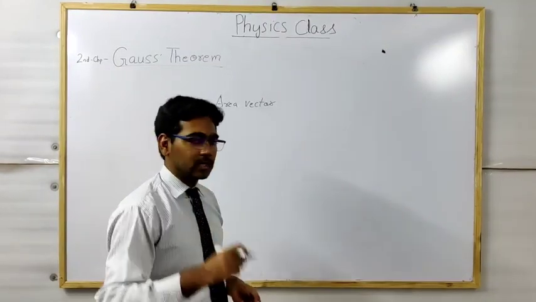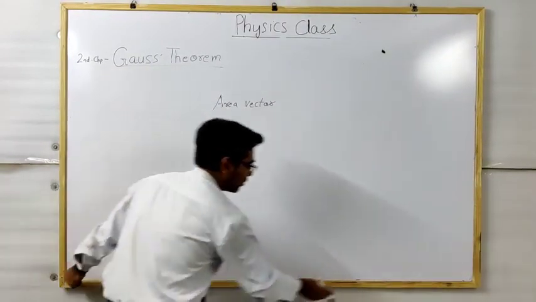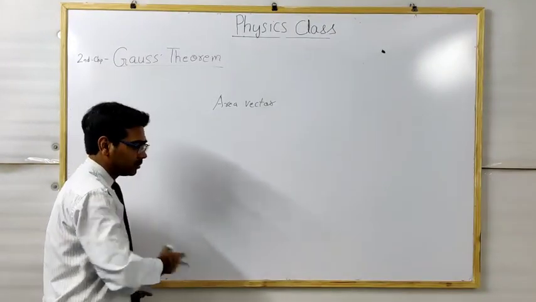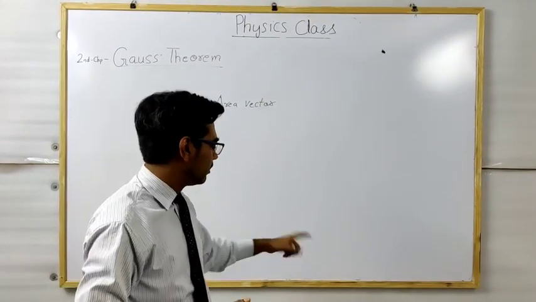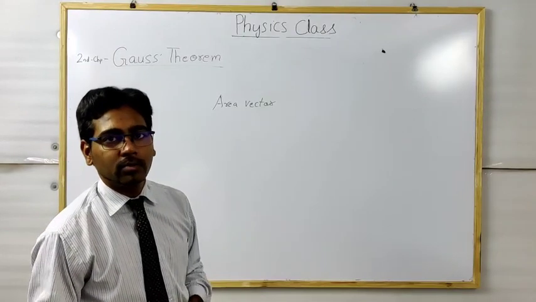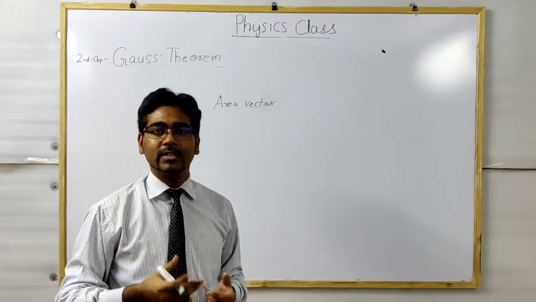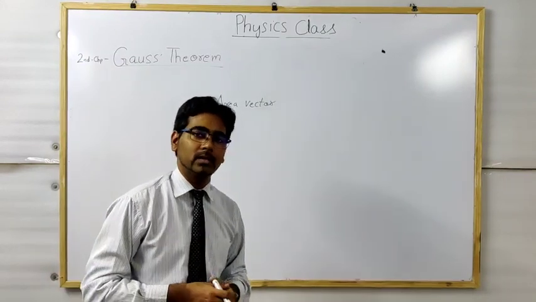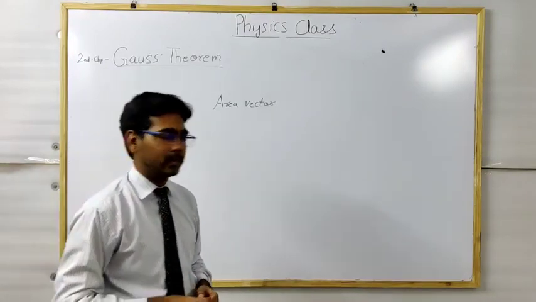So there are two kinds of physical quantities. One is scalar: if I measure the length of this board from here to there, say 2 meters, and from there to here is also 2 meters. Both ways I am getting the length as 2 meters. So there is no effect of direction on the measurement of length. Those quantities which do not alter by changing the direction of measurement, or where direction is not important in their measurement, are called scalar, and the ones which require direction are called vector quantities.